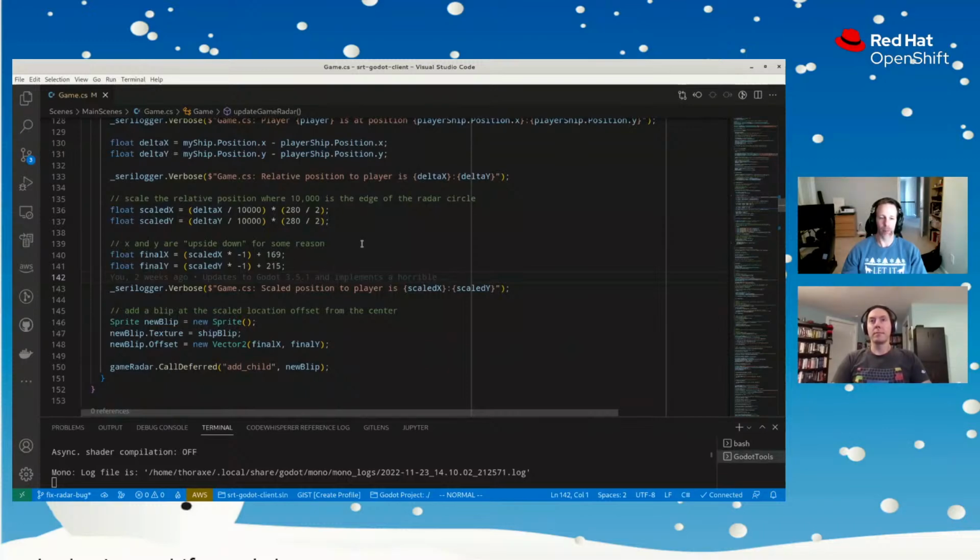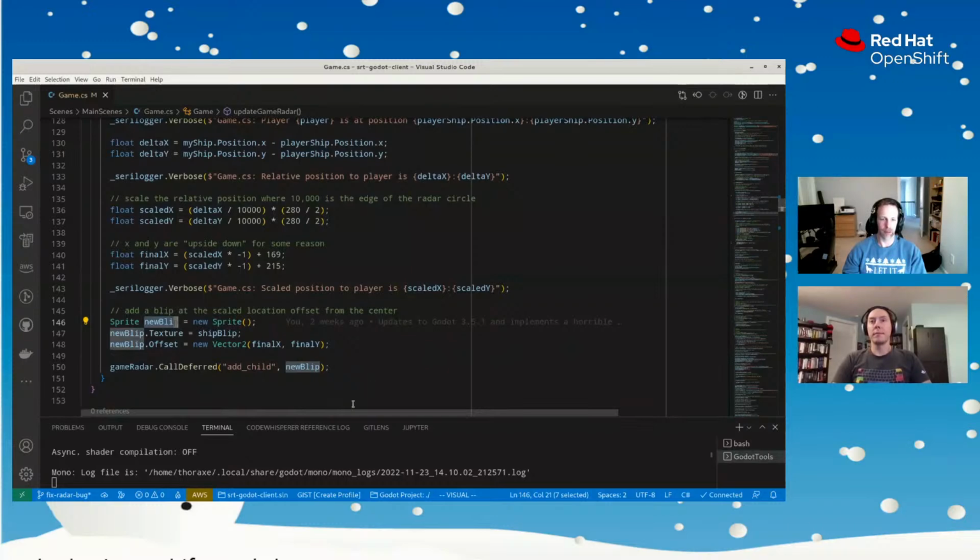If the player in question is in one direction but that's a negative number, we're starting at the center and then moving over, so we're adding to the 169 and the 215, but if that's a negative number, it's going to subtract from it. Anyway, then we create a sprite object for the radar blip, which is just a 5 pixel by 5 pixel